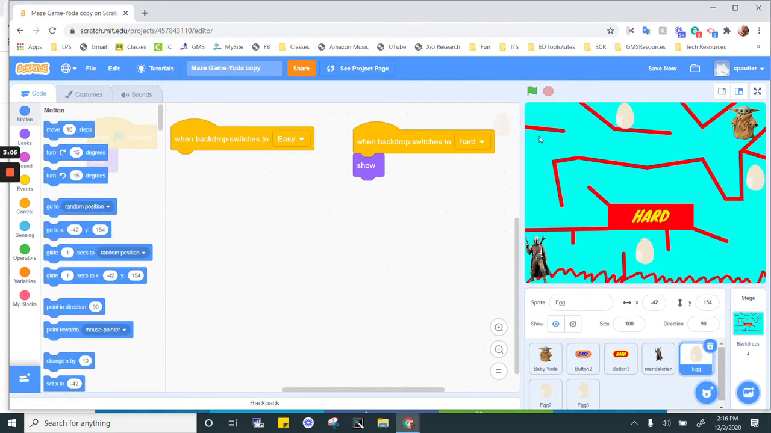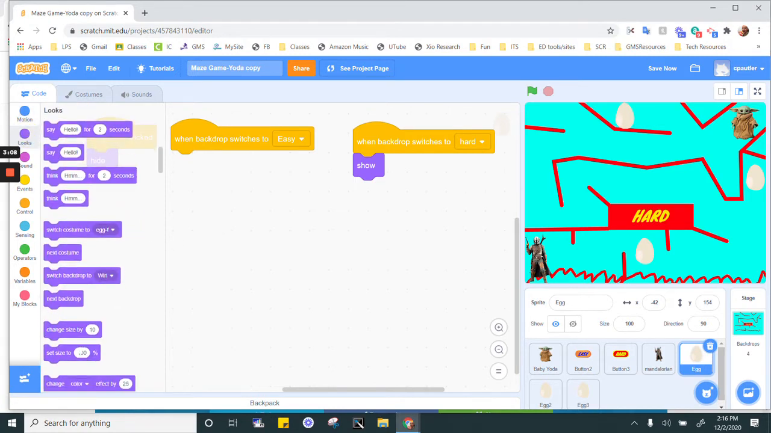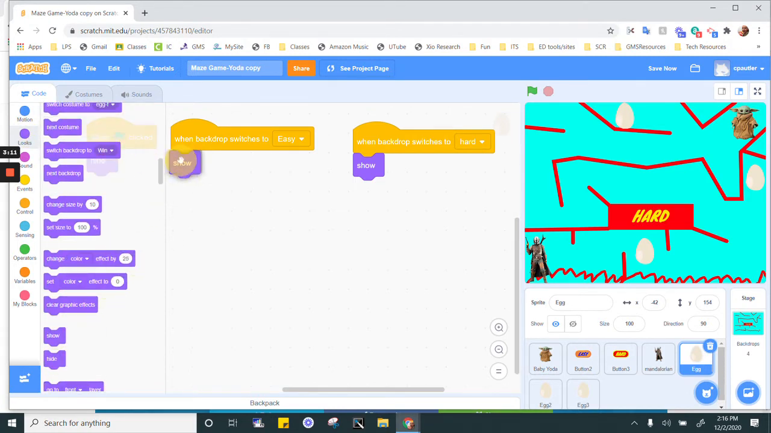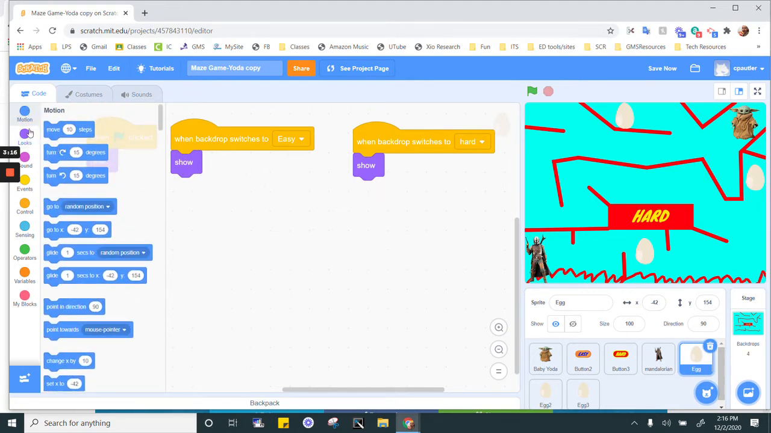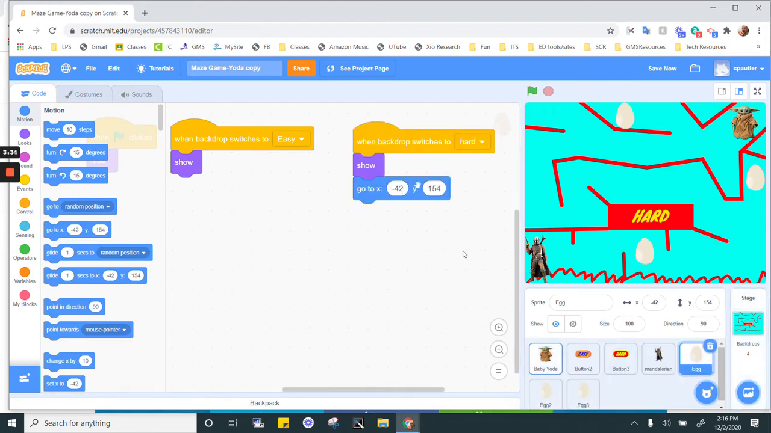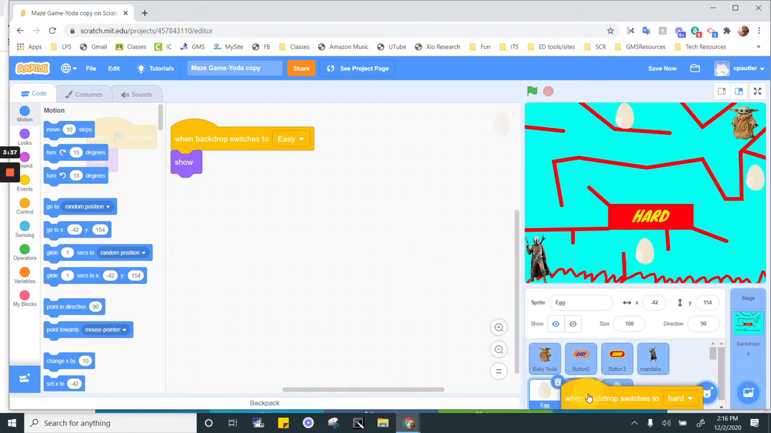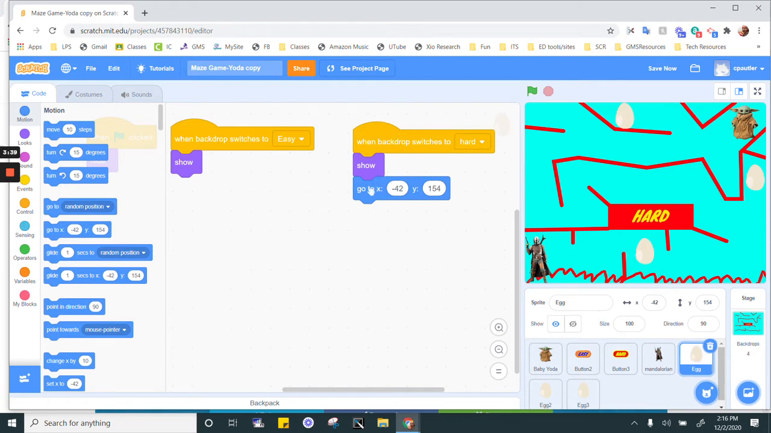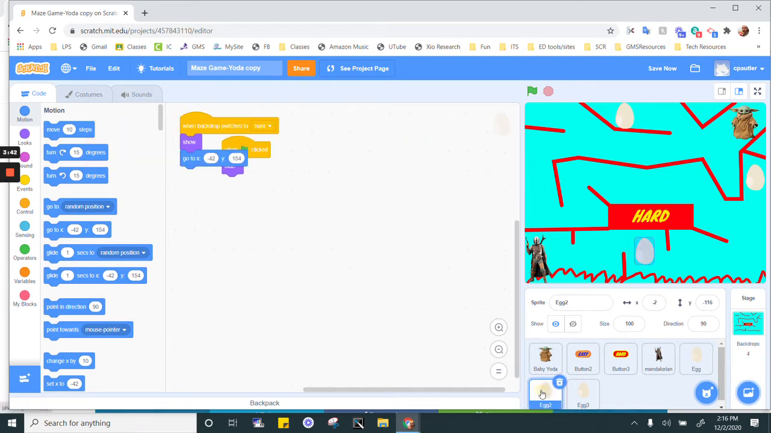Now, because I've already put the position, oh, by the way, why don't I just do this? Show for both of them. Either way, I want it to show on both of them. Okay, now I've already moved it to where it needs to go, so I can just put in this go to, because that is the correct coordinates for egg 1. I will need to do the same thing for egg 2 and egg 3. So since we're on the hard one, I can just do that, and let's see, egg 2. Now, I'm going to have to change the coordinates for those ones. So egg 2,